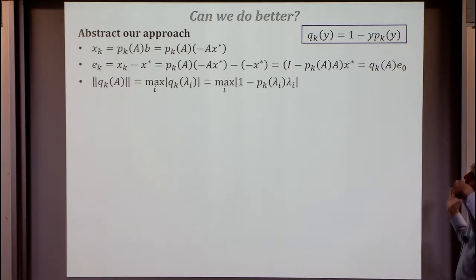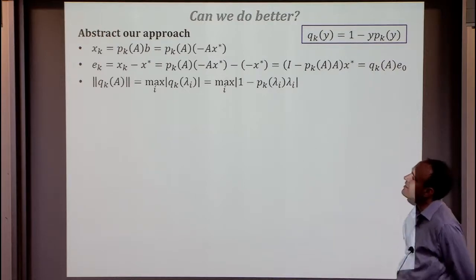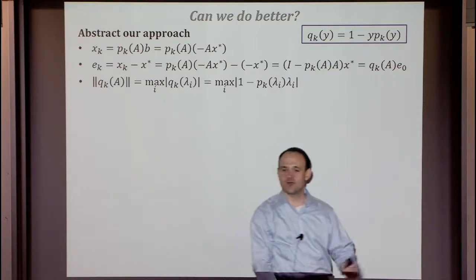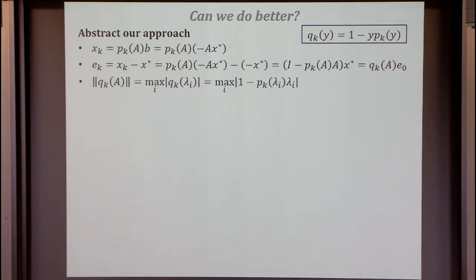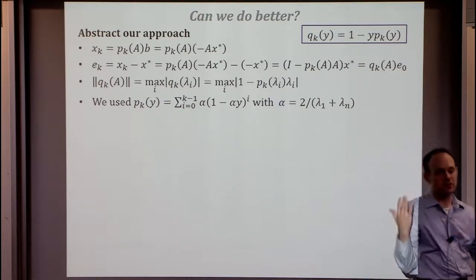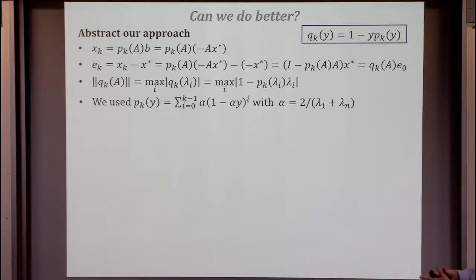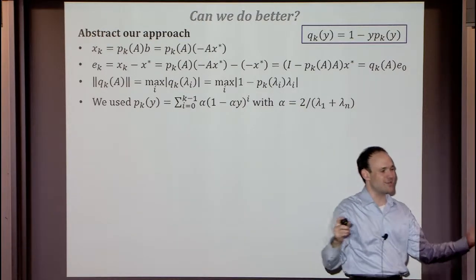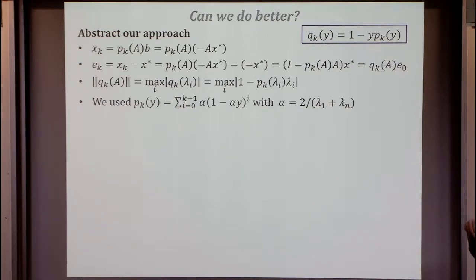so we end up with an actual relative error bound. So now we can say, what do we need to do better? We need to get polynomials that make good things happen with q, right? The operator norm of this matrix q_k of A is just the max over all the eigenvalues of the polynomial q_k applied to the lambdas, which we could write out. And what we did in our previous step was use a very natural way to approximate a function. If I give you a function and you want to locally approximate it by a polynomial, the standard first thing one would do is just write out a Taylor series, right? I want to approximate 1 over x, so pretend alpha is 1. I'll write it as 1 plus x squared plus x cubed plus x to the fourth.